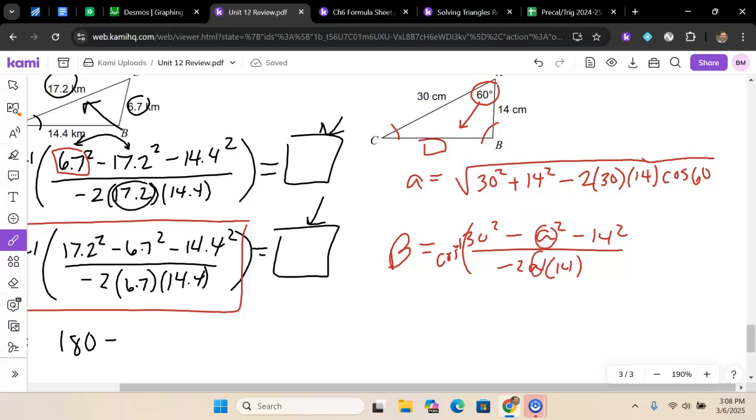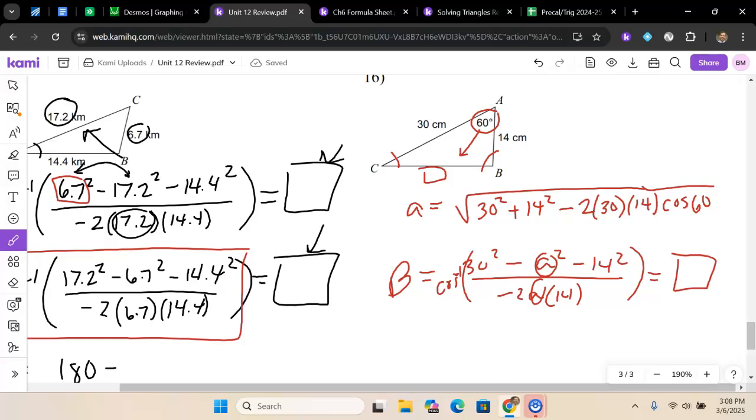And again, I would have this value from the first part. That would give me angle B. Once I had angle B, I could just subtract angles A and B from 180 to get angle C and so forth. Okay, so I went through that rather quickly,